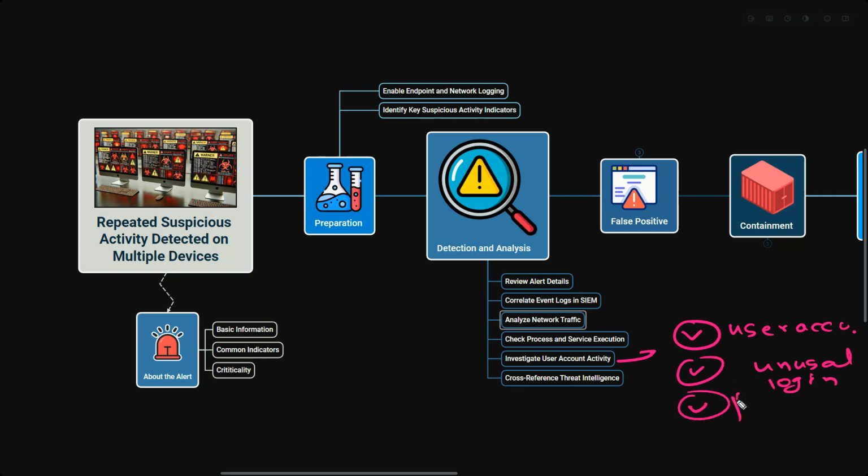We have to look for any permission or privilege escalation, or maybe lateral movement into the system. Okay. And because this might also involve some external malicious IP address, we can cross reference threat intelligence data. We can visit VirusTotal, but in our EDR, VirusTotal is already integrated,